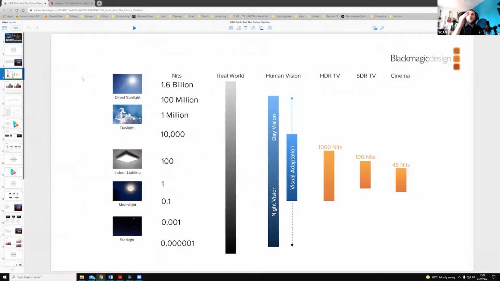And why does this matter? Well, the aim of HDR is to reproduce color and contrast in displays so that it's a bit of a closer match to the human eye. So we want it to look a bit more lifelike. And if we're doing that, we need to understand a little bit about how the human eye works. So the human eye is really adaptive in terms of what it can do. It's able to make out detail in really dark environments. If you're in a room with all the lights off and the curtains closed, you can still make out some details in there. And if we were to step out into the middle of a desert,